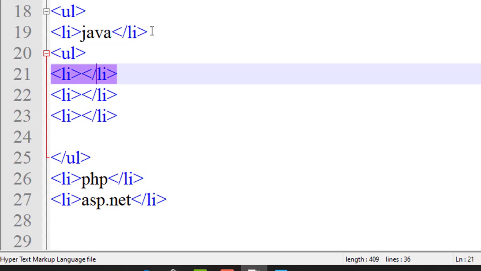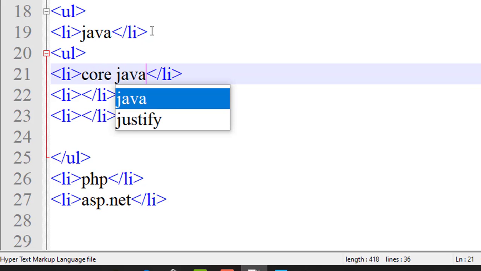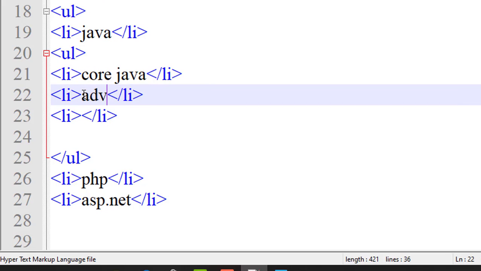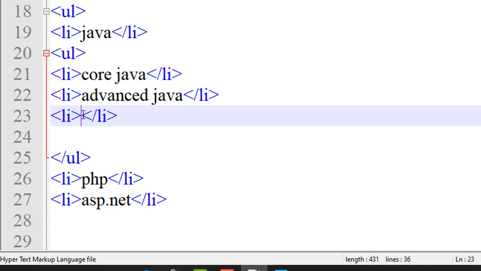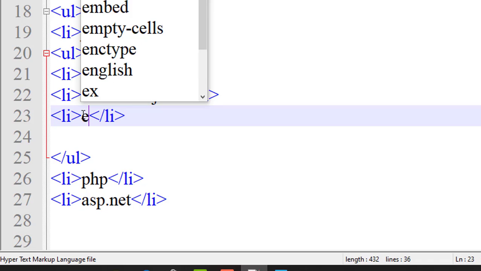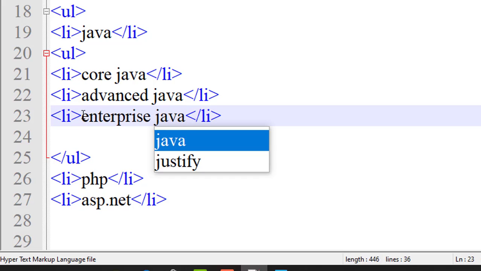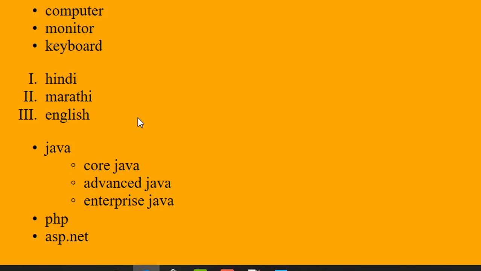In the list form, I will write core Java, then advanced Java, and then enterprise Java. Just save these and now run it. Just refresh it. Done. Java is divided into core Java, advanced Java and enterprise Java.